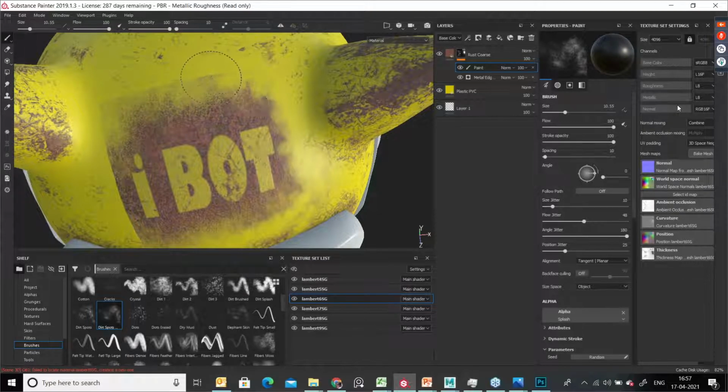Like this we can do. And reduce this brush size over here and try to give some randomness in this area.